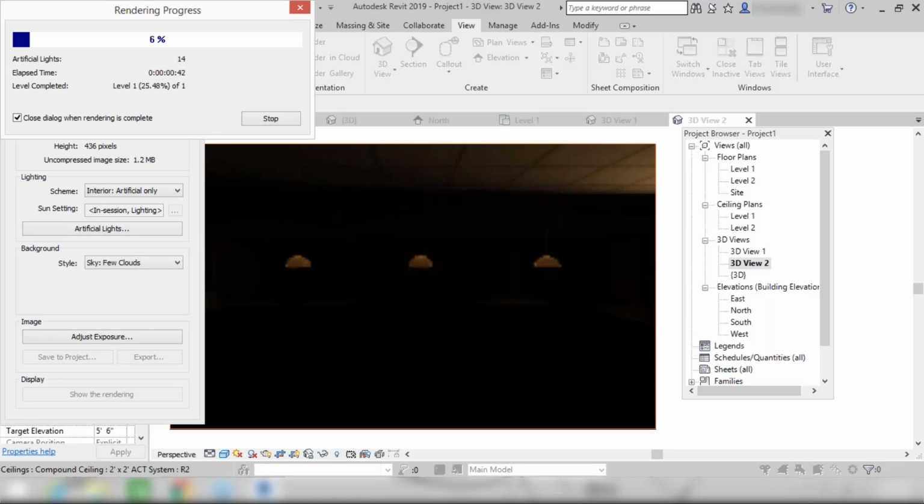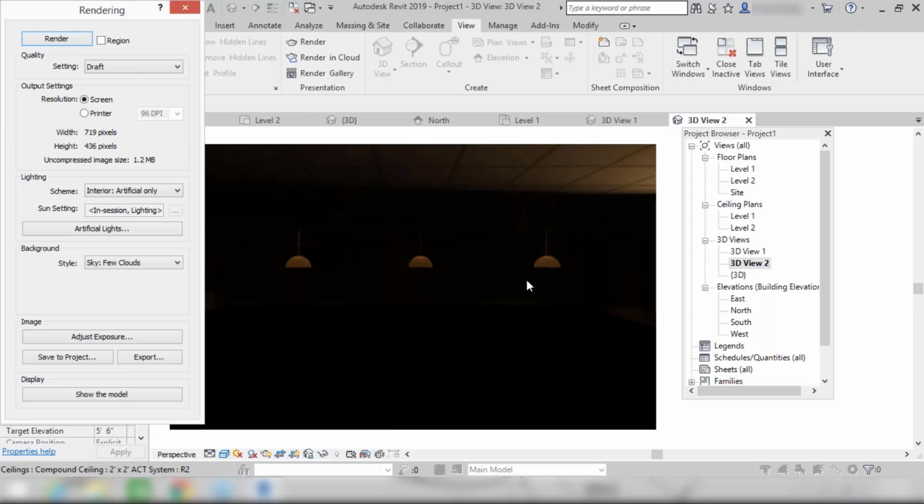So it will process like this, right? And here you can check the rendered view of this room with ceiling light, and you can also check the ceiling as well, right? Let's check the processing of this. We have only 6% loaded, right?